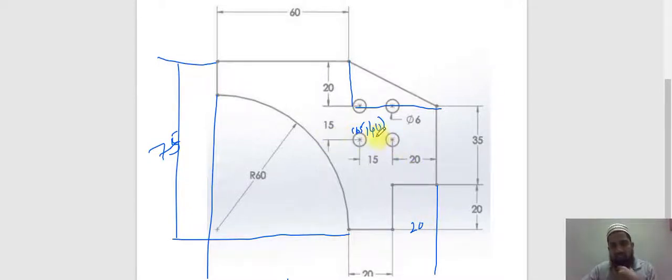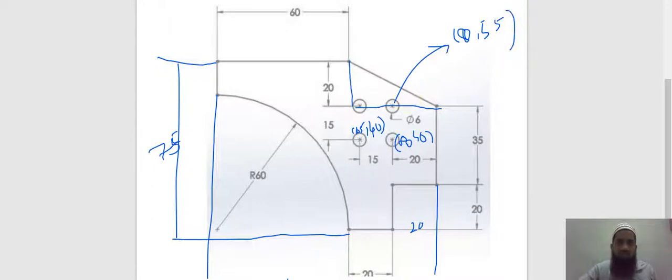And y is the same for this also. Only the value of x will be changing. 15 plus will be there, so this will be 80. Okay. For this circle, the value of x will be the same, but only the value of y will be 55. 15 will be increased, so it is 80 plus 55. It is easy to understand, and after that I can easily find out.